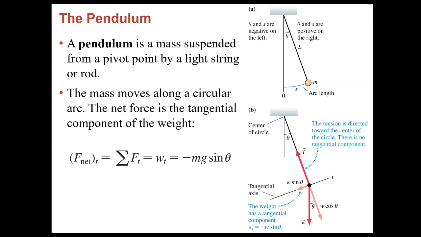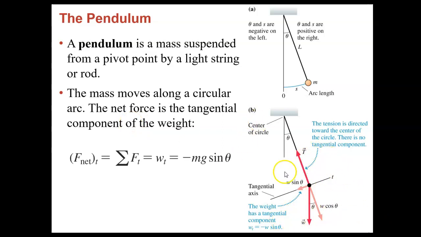The last bit of this is looking at the restoring force on a pendulum. The pendulum is basically just a mass on a string that pivots. The string pivots at a point, and the pendulum goes back and forth. The weight at the bottom is called the bob. The mass moves along a circular arc. The net force is the tangent component of the weight. So if we look at this,